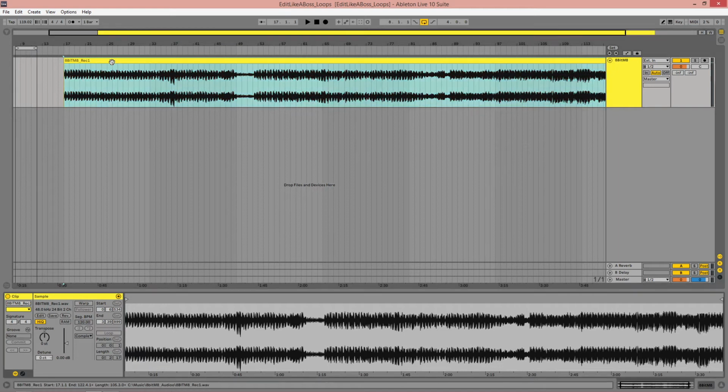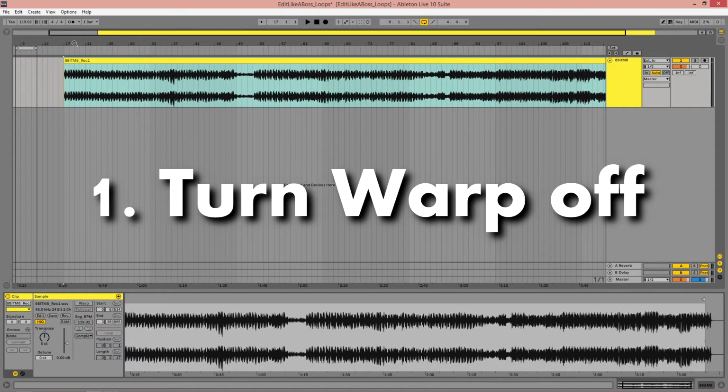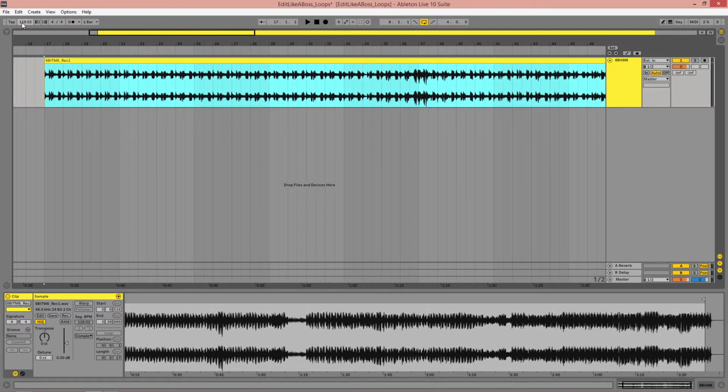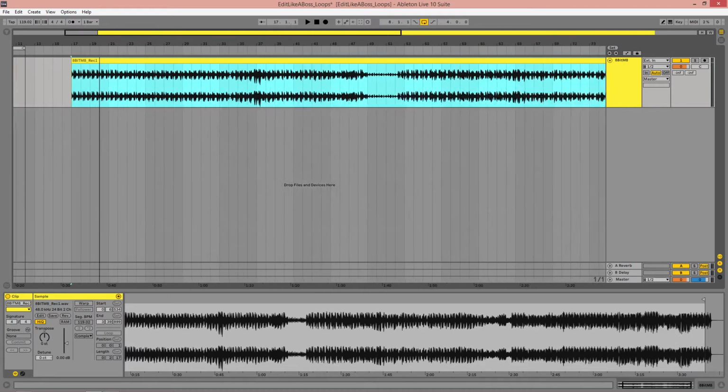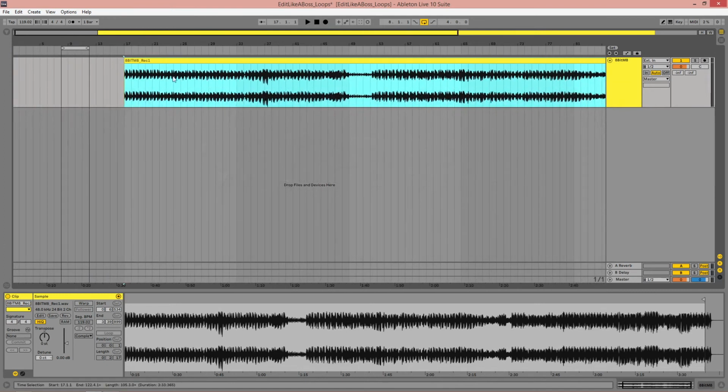So the first thing to do is turn off the warp. Make sure the warp's turned off so the audio is not being changed. Make sure the BPM is correct. Here it's 119.02. So you really need to make sure that your BPM of the audio is matching the timeline in Ableton,